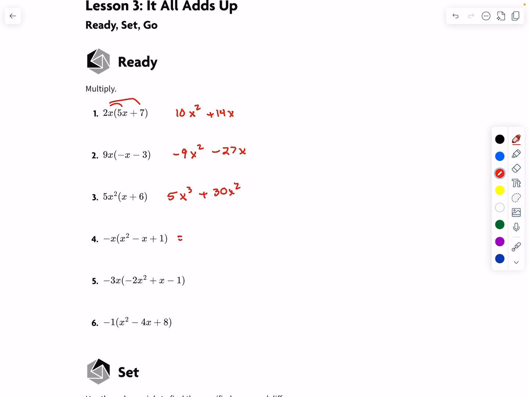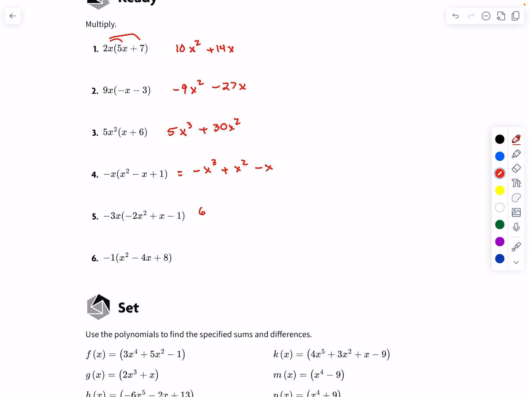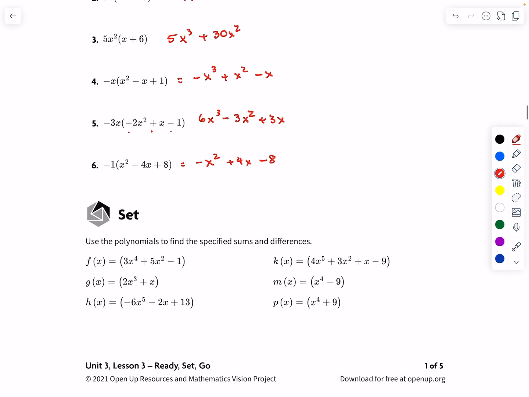Sorry. When you distribute a negative, it switches all of the signs. So this was minus plus minus. This should come out to plus minus plus when I just multiply it by a negative. Again, if you just distribute negative 1, you are just switching the signs. Notice that multiplying by negative 1 is the same as